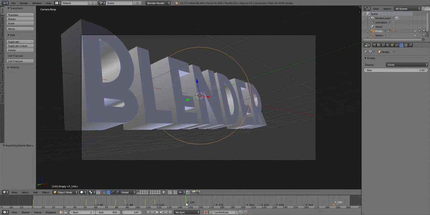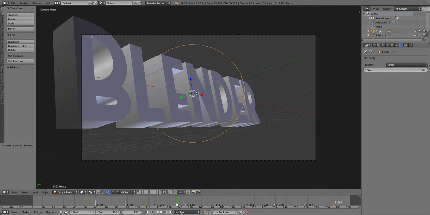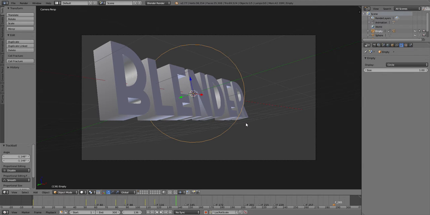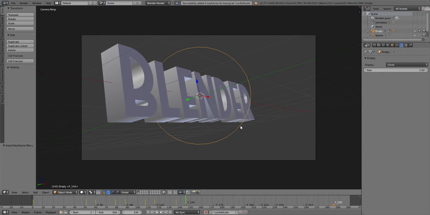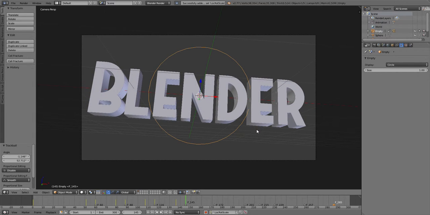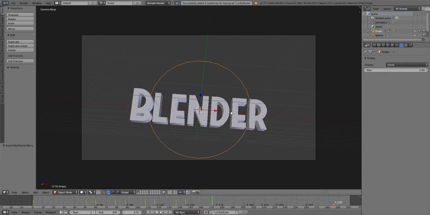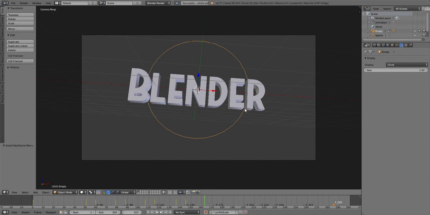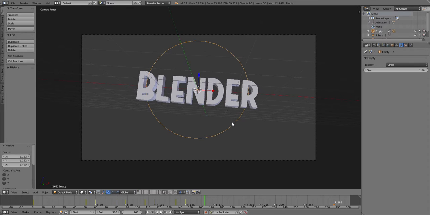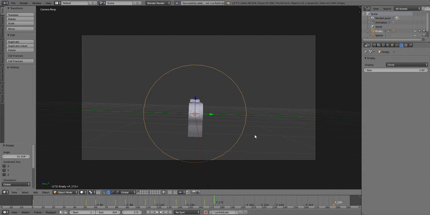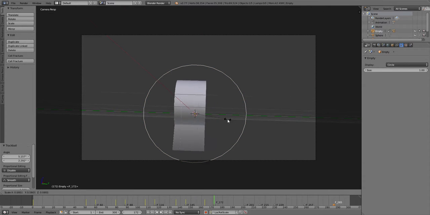now I'm going to go 9 keyframes before this drop, and I'm going to scale that up, rotate it up a little bit, hit I, go to the next drop. I'm actually going to put it out here, and I'm going to rotate it here a little bit, size it up. Now right here I'm going to drag it to the complete side, scale it in,